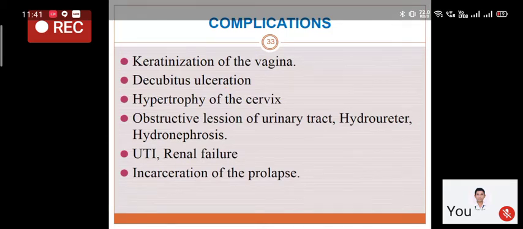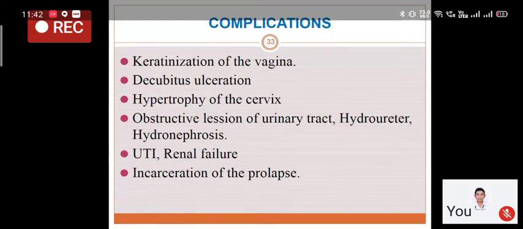Like you must have read in surgery, venous ulcers occur on the legs because of chronic congestion. In the same way, in prolapse, the vagina and the cervix are the parts prolapsing down, the most dependent portion, and they get sloughed off because of chronic venous congestion. Okay, and the cervix may become hypertrophied because of chronic cervicitis, and then there is ureteric kinking, especially in procidentia. You remember the course of the ureter: they pass from the lateral pelvic wall into the cardinal ligament and then enter the trigone of the bladder.